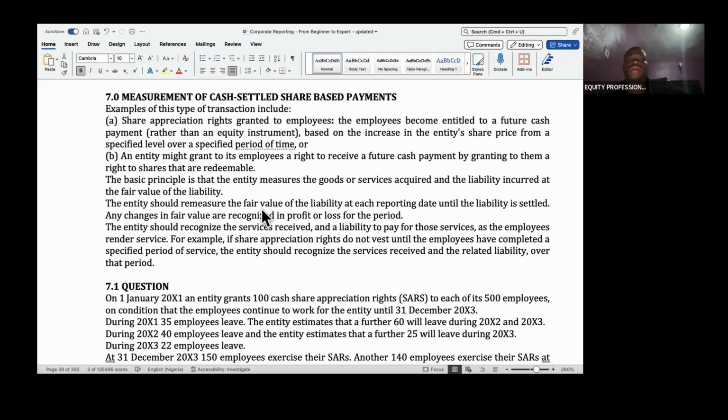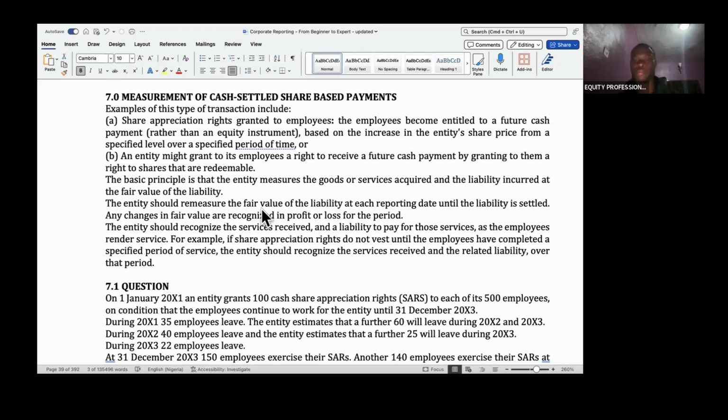You see, the entire principle, the measurement basis is the same for everything entirely. So the principle for equity settled is exactly the same thing for cash settled. It is the same principle around the estimate of the number of employees that will vest. That's how we determine how much for each year. The only difference is that, number one, for cash settled,